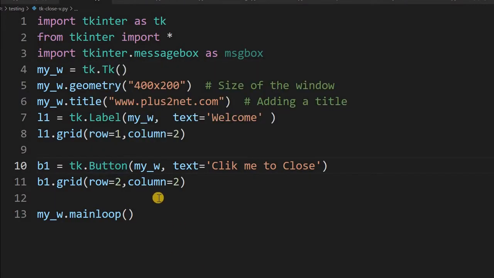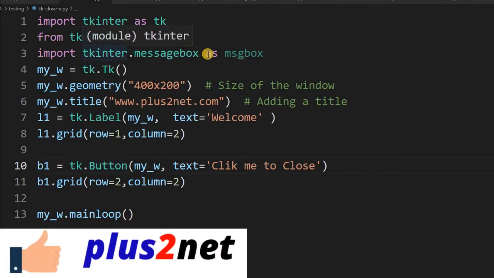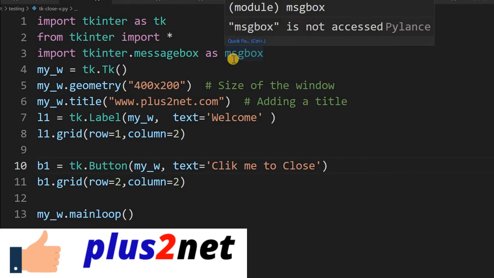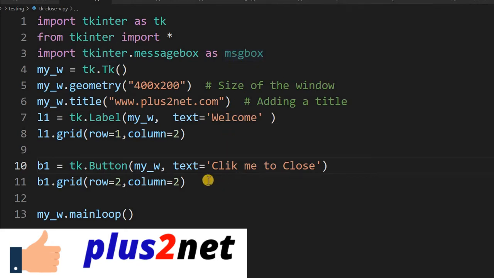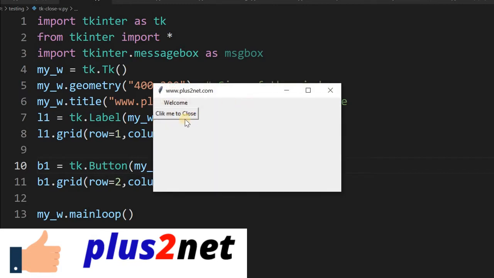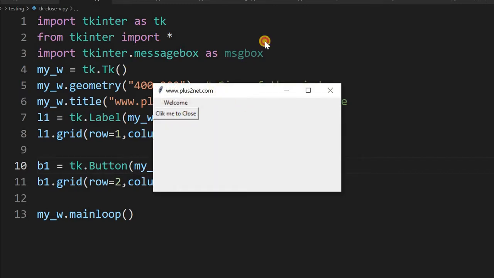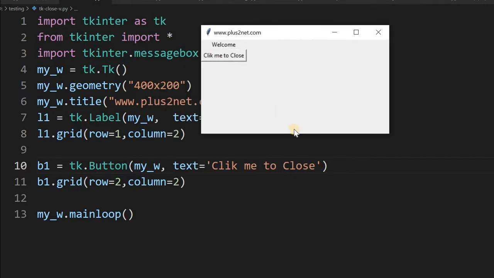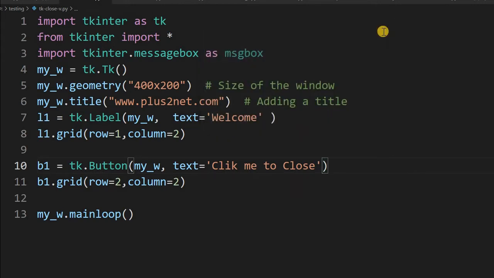This is a simple window where we are importing the message box library, because subsequently we will be using that. Before that, let's just run this and see the window. We have a button to close it, but here we have not written any function, and we can close by the close button also. We'll try both and show the message before closing. So first, let's write the function to be executed once the button is clicked.